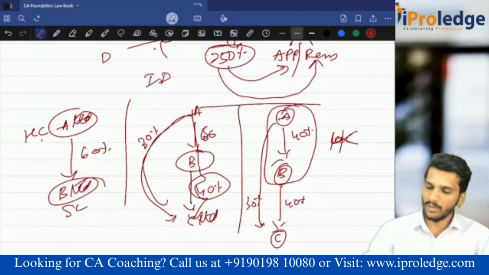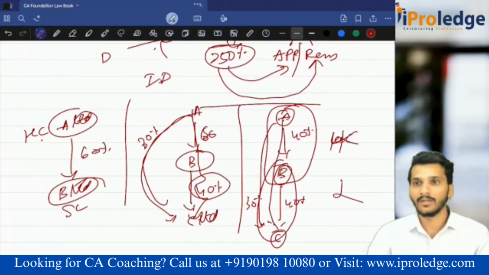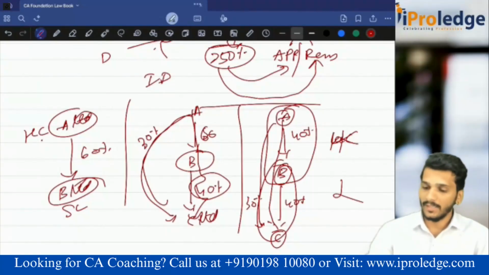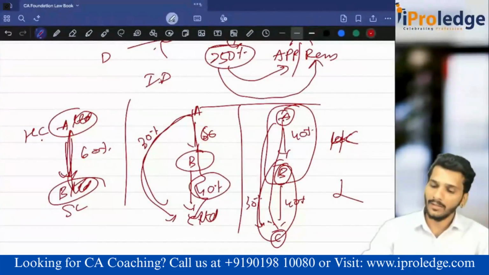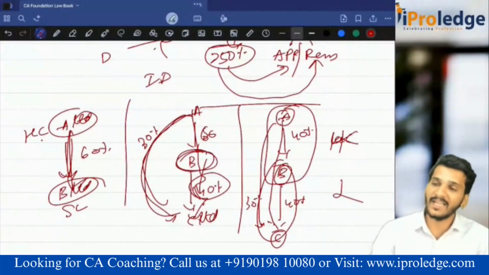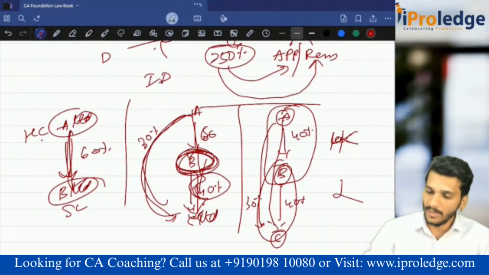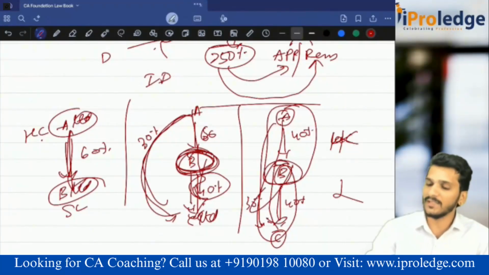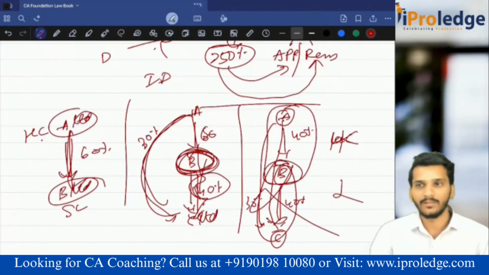Here, is it holding and subsidiary? No. Are A and C holding and subsidiary? No, because the provision says holding more than 50% either directly or indirectly. Both things are considered here. When I say indirectly, you should hold through your subsidiary. Your subsidiary should hold in the other company. Then only it is considered. If it is not a subsidiary, then this holding is not considered. That is what we are telling. Understood?